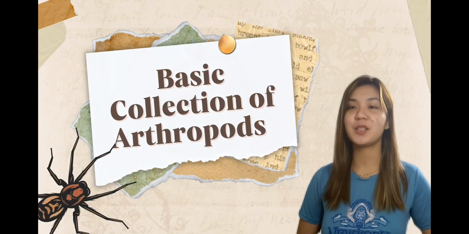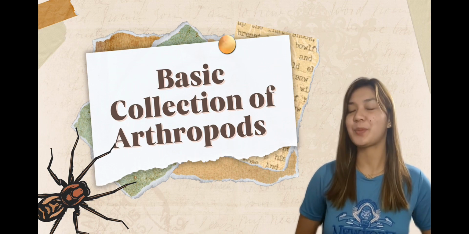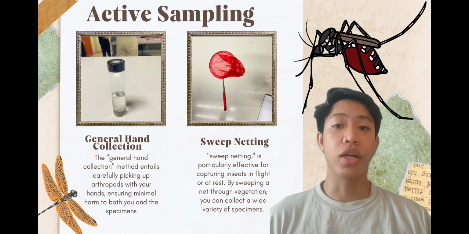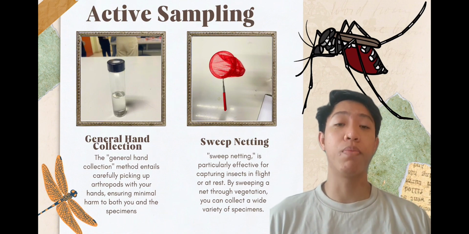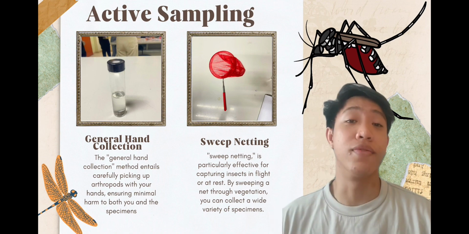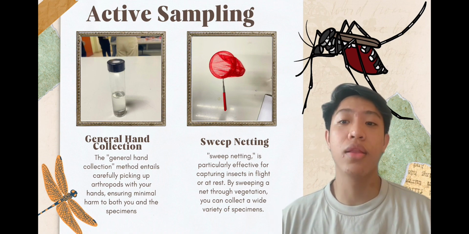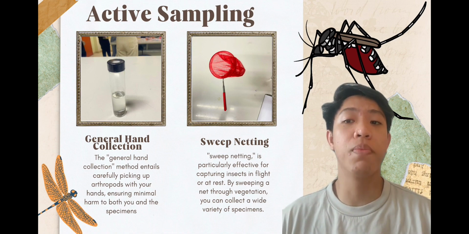Now let's embark on an expedition into the field to explore basic collection of arthropods. Arthropod collection samples can be categorized into two main approaches: active sampling and passive sampling. Active sampling involves actively searching for arthropods within their habitats. The general hand collection method entails carefully picking up arthropods with your hands, ensuring minimal harm to both you and